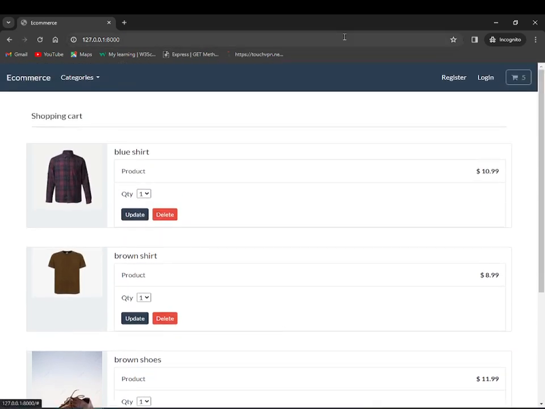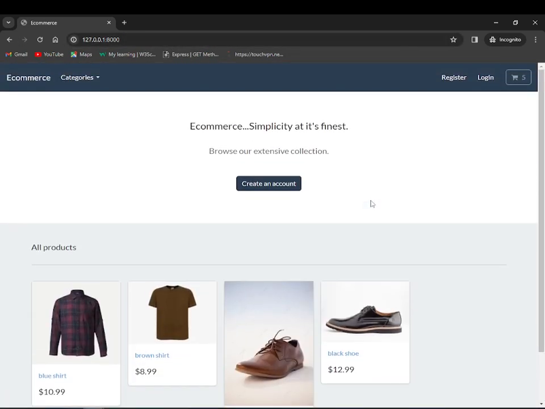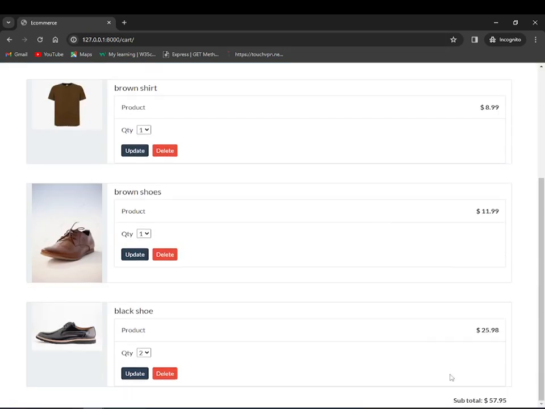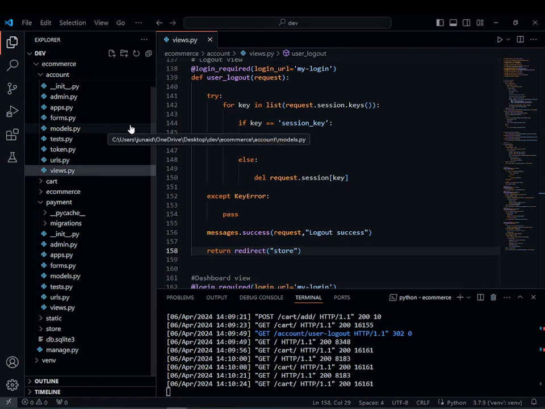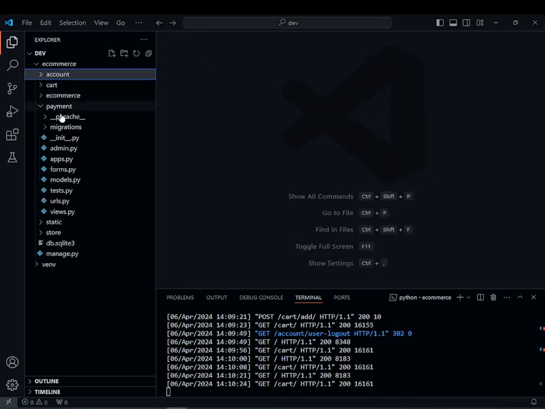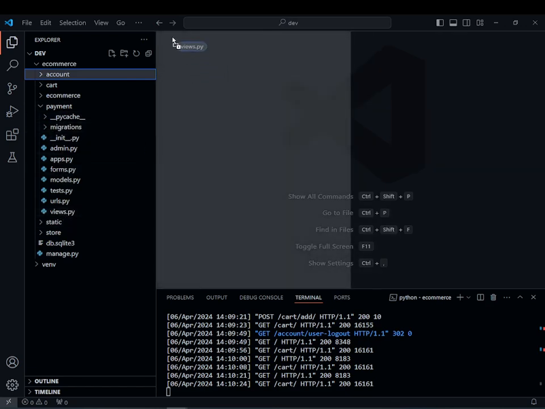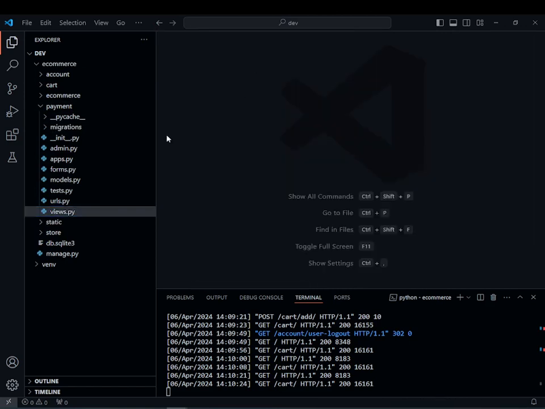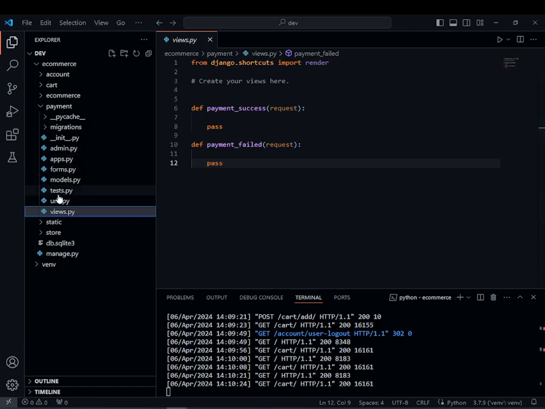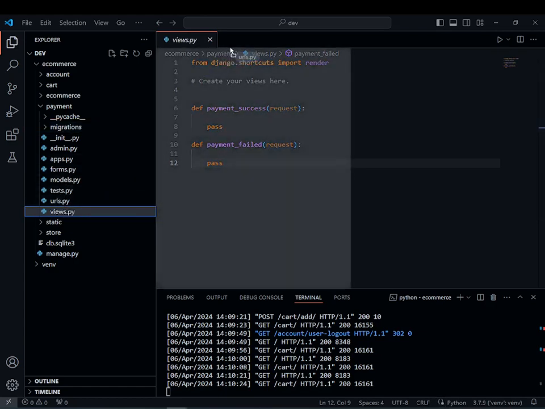So now come to our main point, which is to add a checkout link under that subtotal. So just open your project, and here what we are going to need, or just close that views.py of account and open the views of your payment, and after that we are going to open a URL,